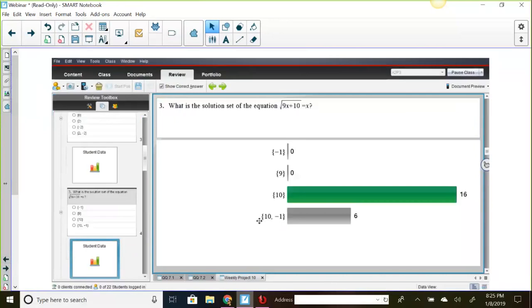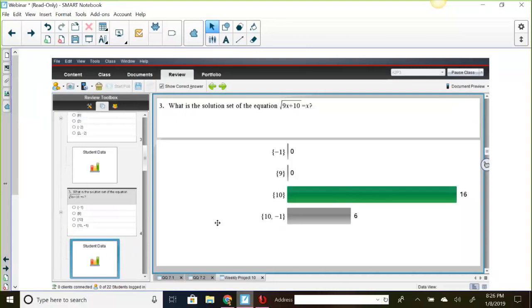Now, typically speaking, I would not have this little box right here that says show correct answer. I would not have that checked. I would have both of these grayed out. And the reason for that is I would want to have a conversation here. Why is 10 negative 1 the correct answer? Or why is 10 the correct answer? Why do they differ? What did one group do that another group didn't? This is a big spot where we can do a lot of learning. We have to learn from our mistakes.